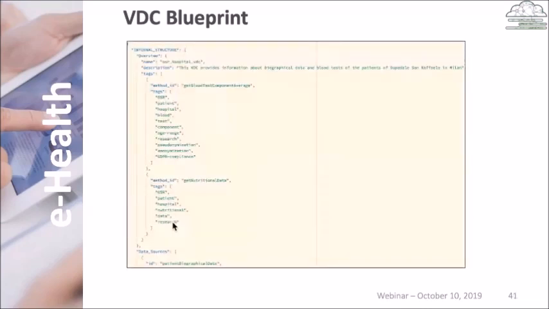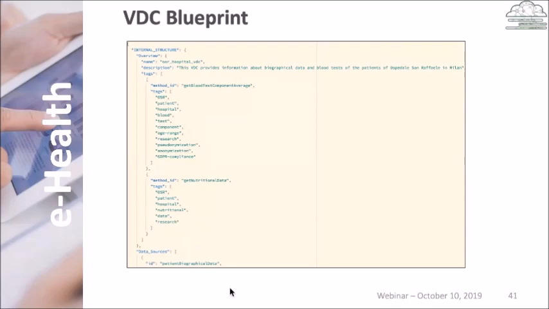So in this slide, we see a snippet of the VDC blueprint for the OSR use case. One important aspect to note is that data providers are not really meant to realize this file by hand. So they are assisted in the generation of this file, and this file is really meant to be consumed by applications. Still, given the fact that we decided to use JSON as the encoding mechanism, we see that even if we do a manual inspection, the VDC blueprint is quite human readable.